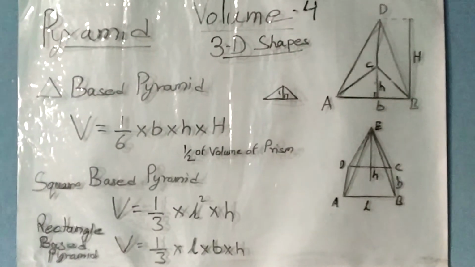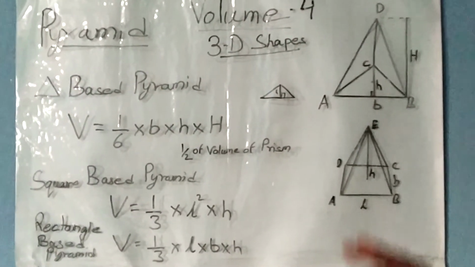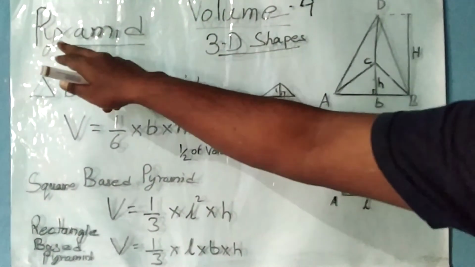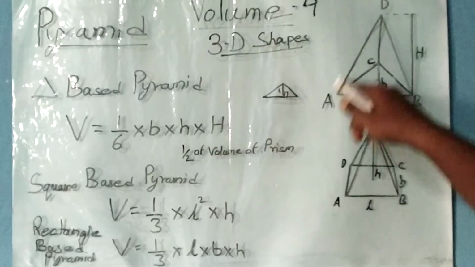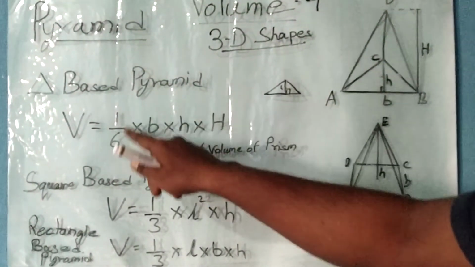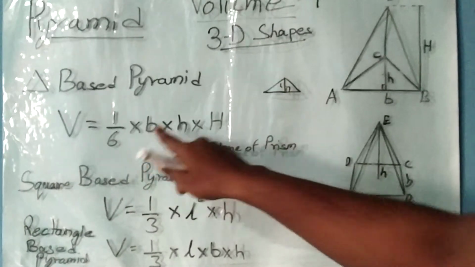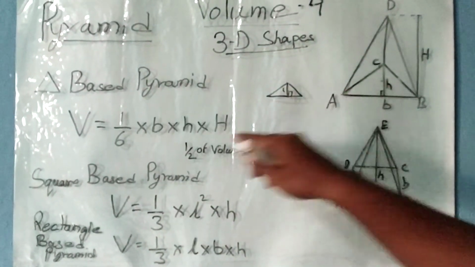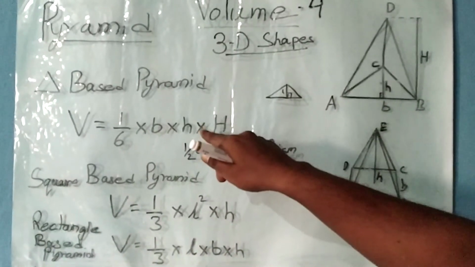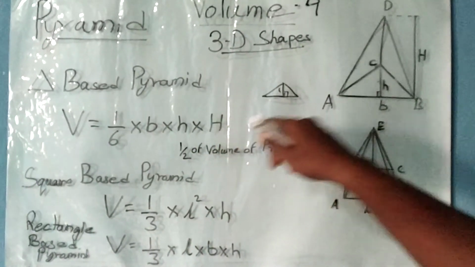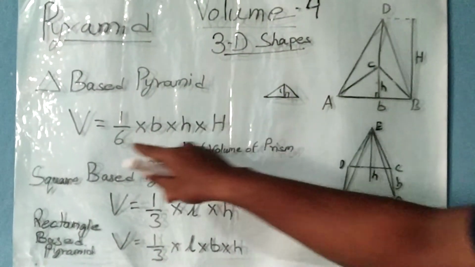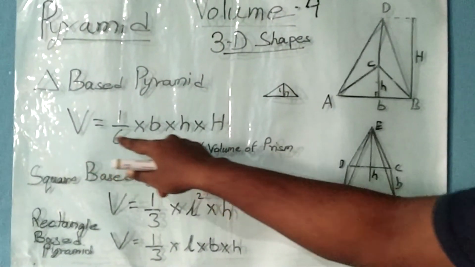So friends, let's revise once again. To find the volume of a 3D shape, that is the pyramid, this I have drawn, the pyramid with triangular base. The formula will be 1/6 into B, that is the base of the triangle, into h, the height of the triangle, and into capital H, that is the height of the pyramid. This will be the formula for the volume of